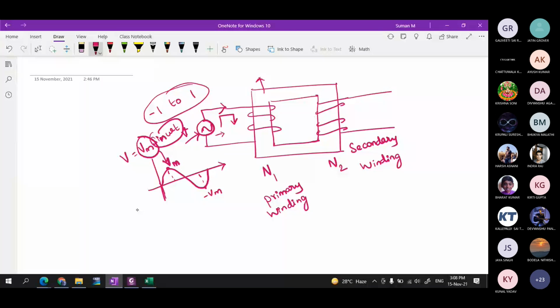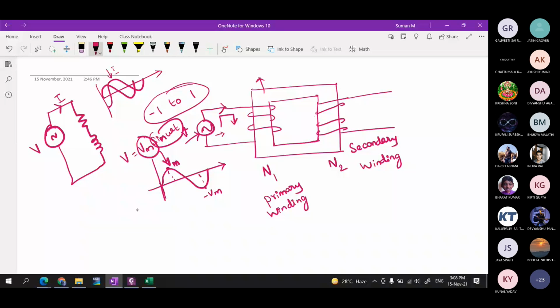Why? Because if you have a source, a resistor and an inductor, and you apply some AC voltage source here, then some current will flow. This voltage will be sinusoidal like this. Similarly, the current will also be sinusoidal, but it is lagging. We are not going into all that now. The current lags because it is inductive in nature. That is not our importance now.